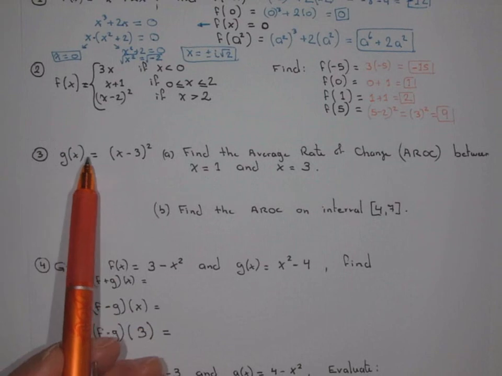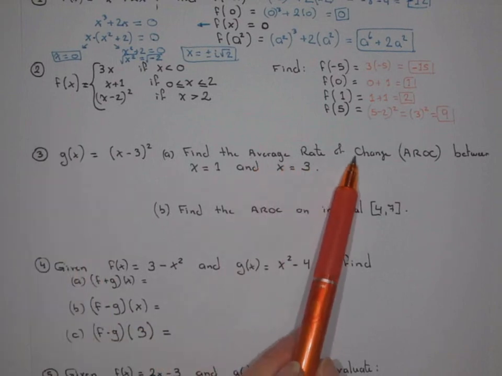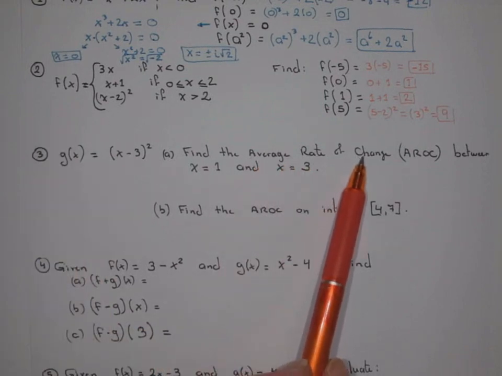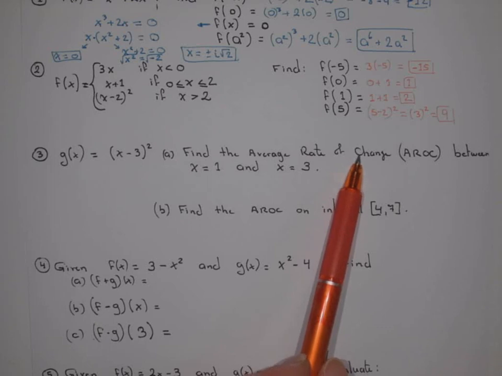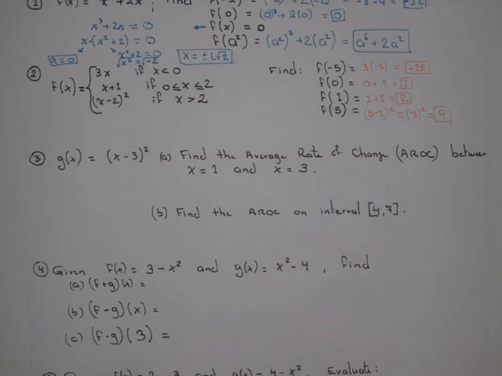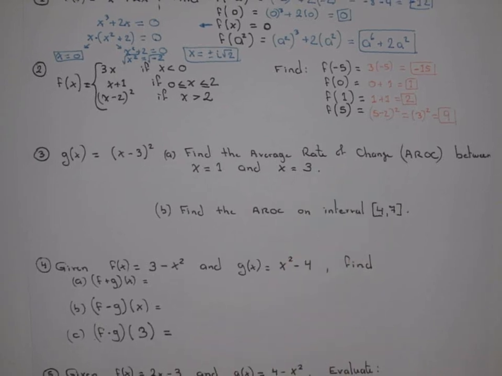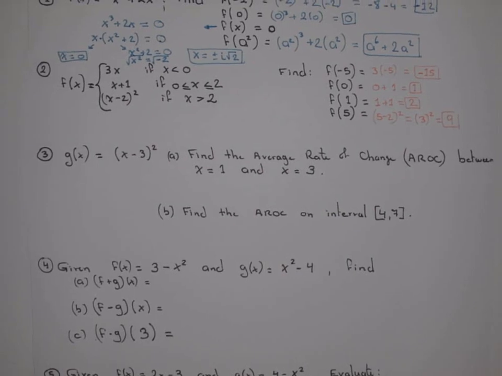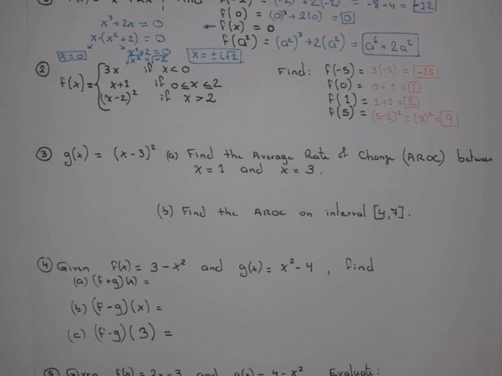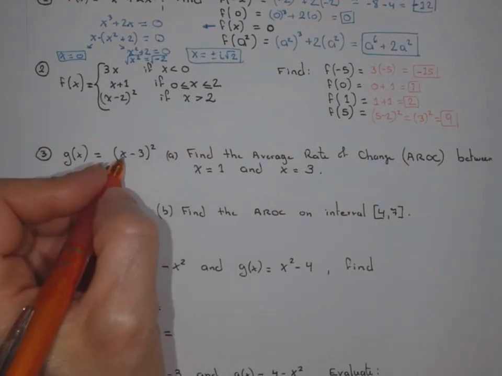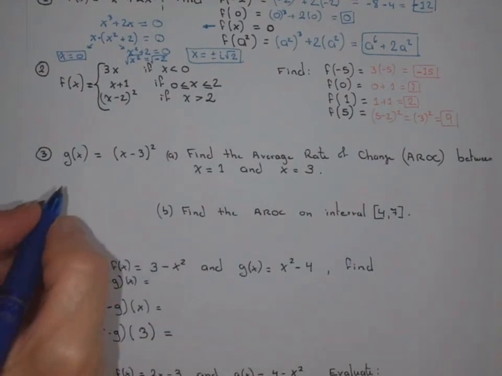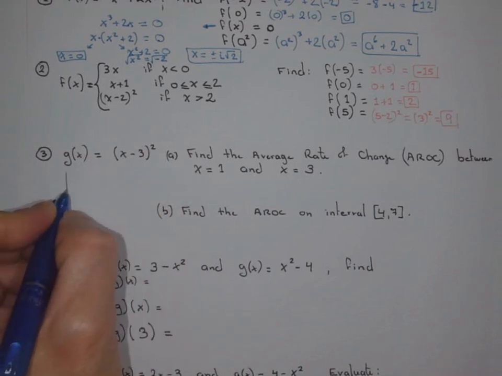The next one is we have to find the average rate of change. An average rate of change is when you have a function that's not linear and you want to find, almost as if you would draw a line between 2 points, what would be the slope between those 2 points? So let me illustrate this with a picture. If I have to graph this,